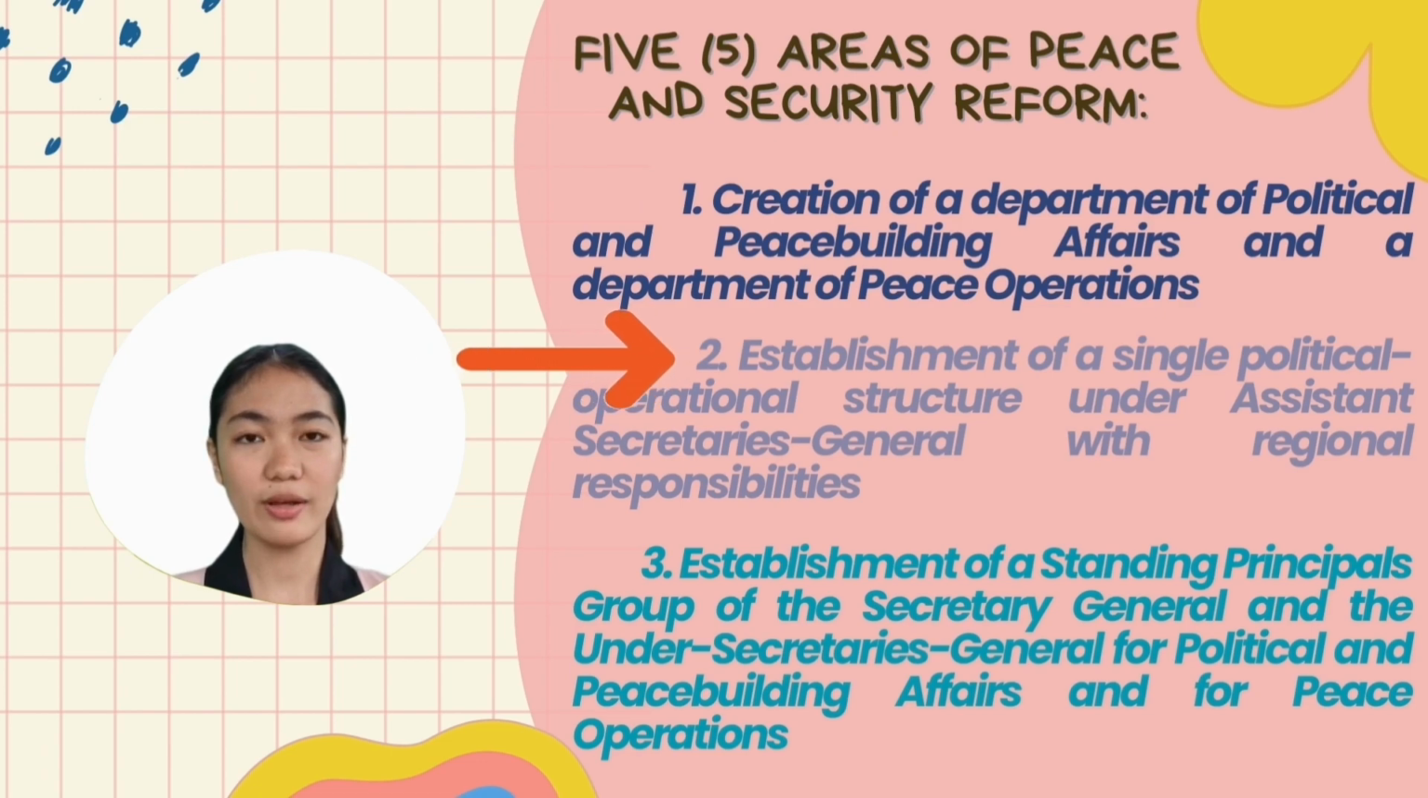Second, establishment of a single political operational structure under Assistant Secretaries General with regional responsibilities. The second proposed reform is to create a single political operational structure within each of the 2 new departments with Assistant Secretaries General appointed to oversee specific regions. This would improve coordination and coherence across the peace and security pillar, and enhance the UN's ability to respond to